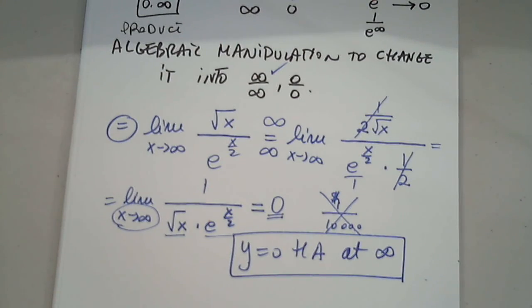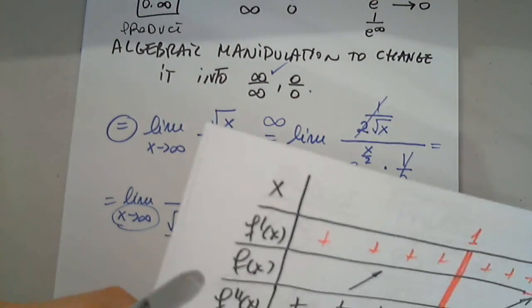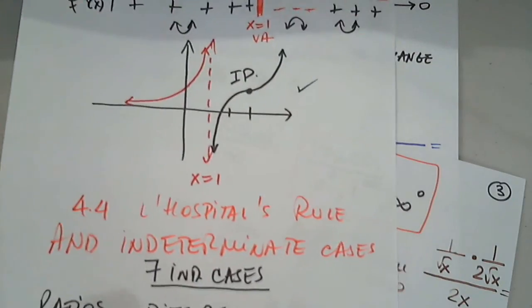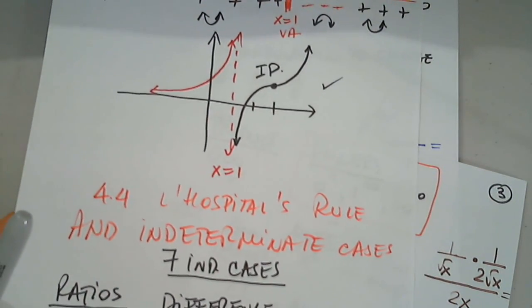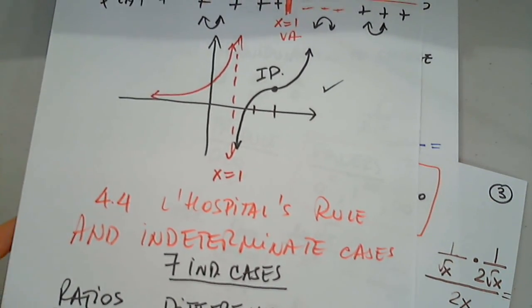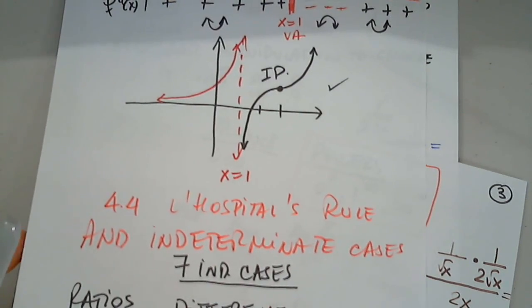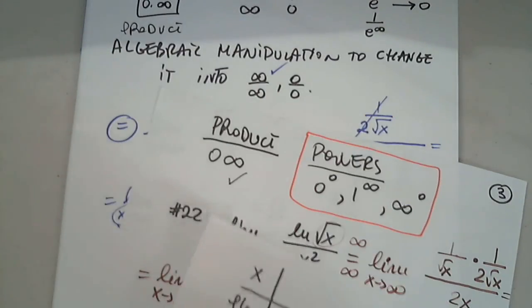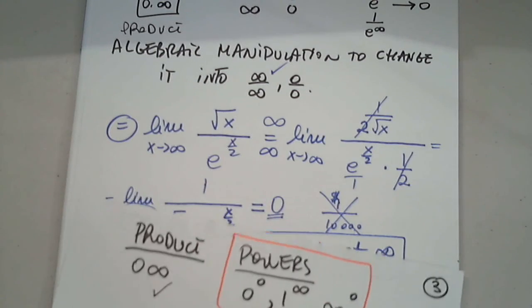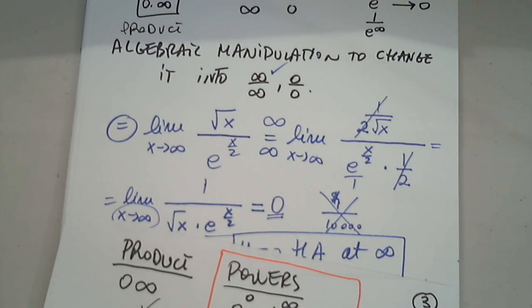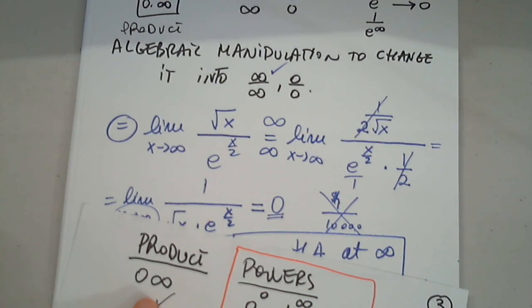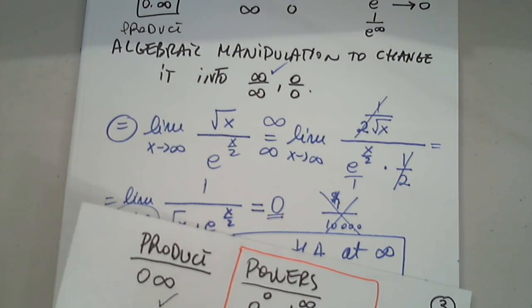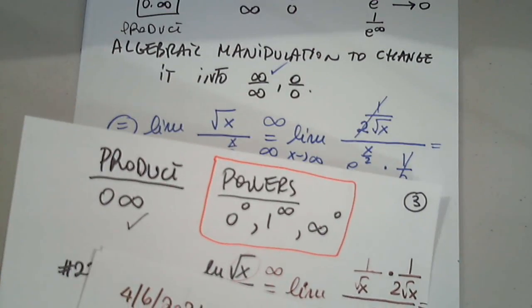So we encountered the product. So we have 3 now. So the difference is normally either rationalized or anything else. It's not really the L'Hopital's rule. So now we have to focus on the powers, but I will also try to find an infinity minus infinity. So products, remember, algebraic manipulation, and